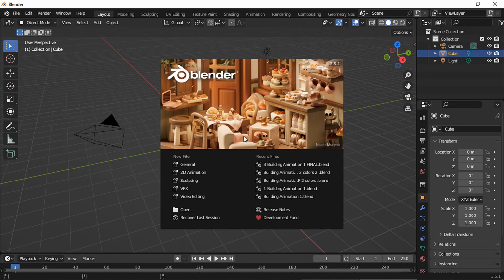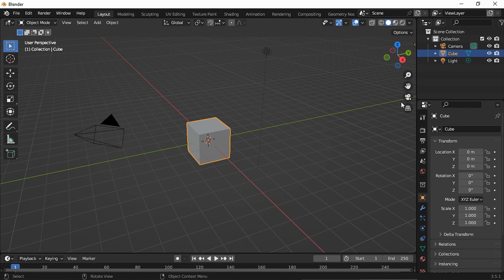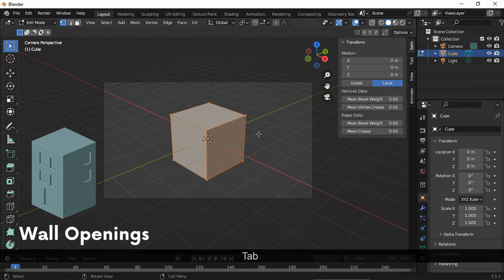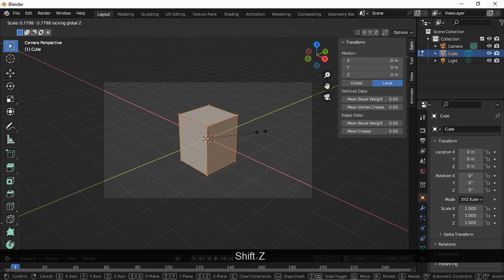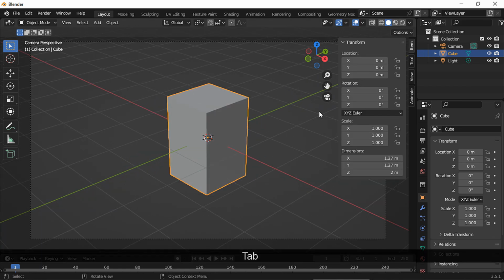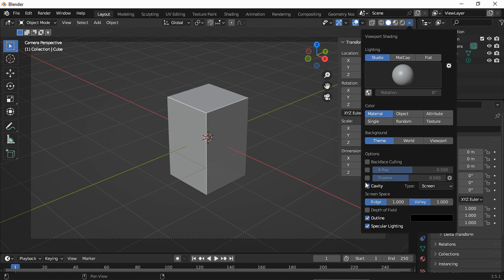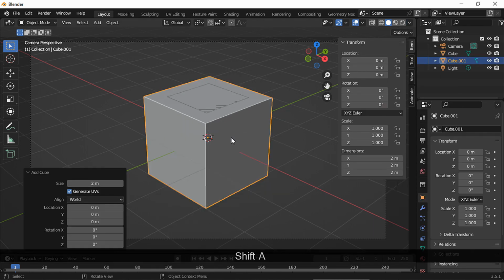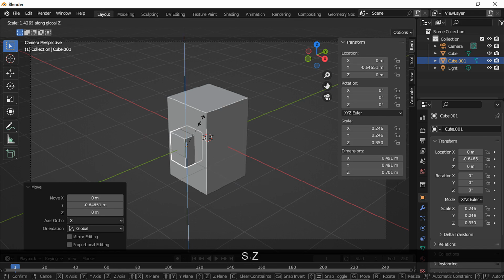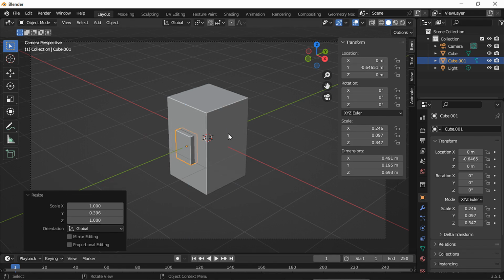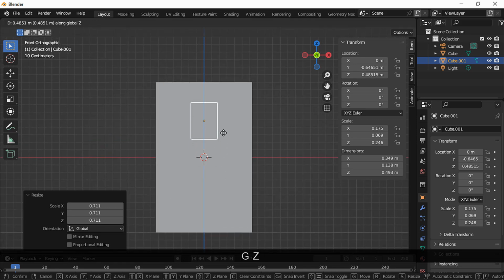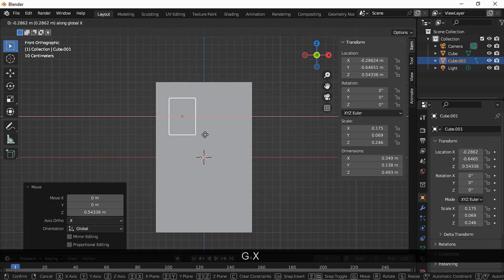Okay, let's begin. Let's start with the general template, go to camera view and in edit mode, scale on the Y and the X axis only to make this cube thinner. Back to object mode, I'm gonna enable cavity to see the objects better and add a cube to create the wall openings for the windows. Move it towards the front of the building and let's keep working on the shape. Remember, you could make other types of windows. Later we're gonna use this cube as a boolean object.